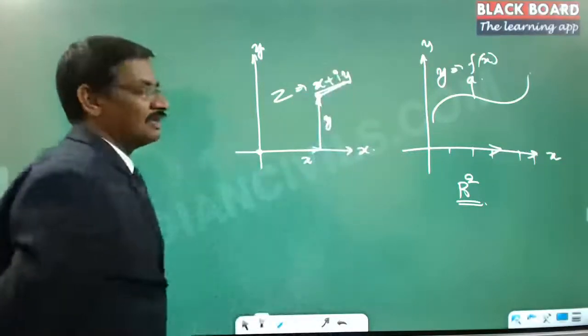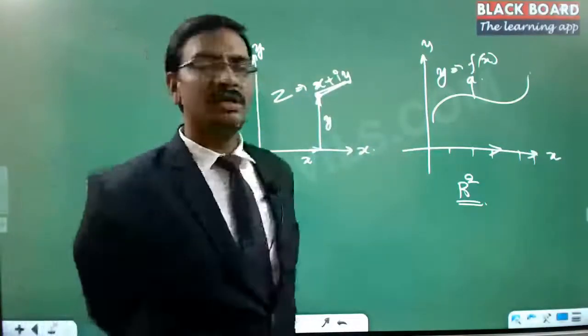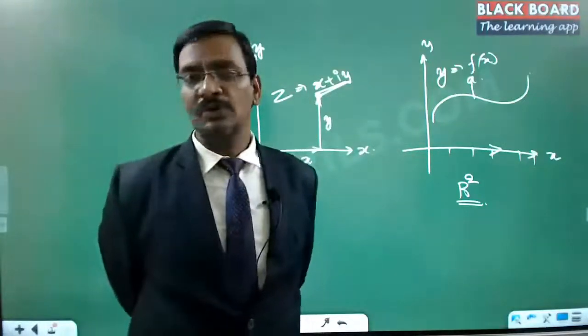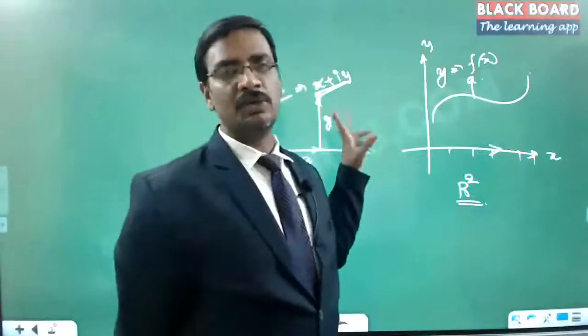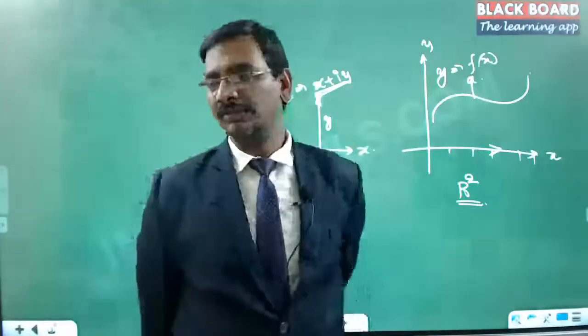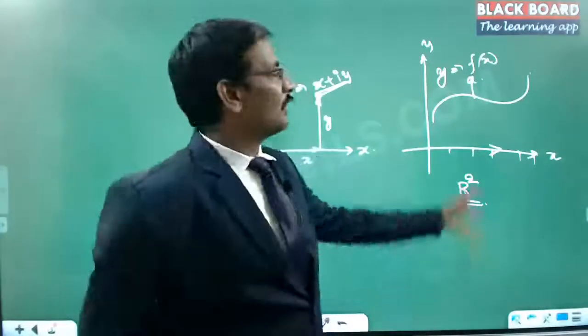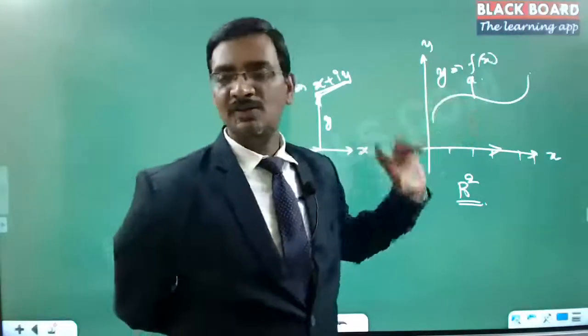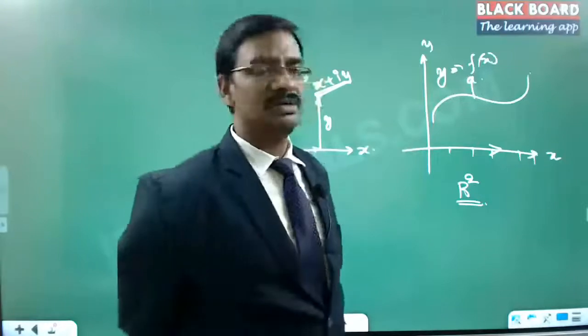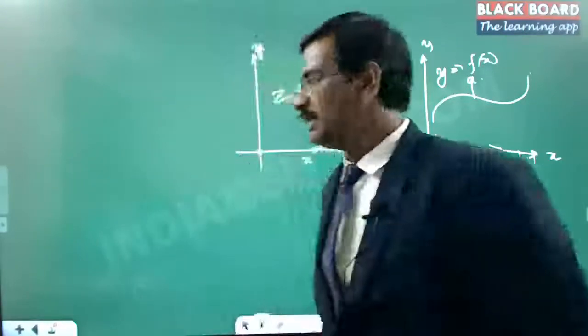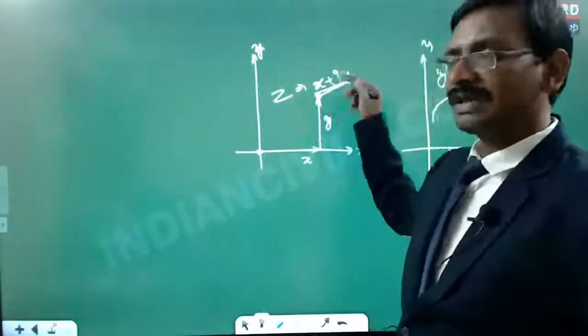So x plus iy together is actually a single variable. Here x itself is a variable, and x plus iy together is a complex variable. That means if you are able to relate one independent variable and one dependent variable with two-dimensional analysis, or the two-dimensional coordinate system, then if I define a function which is a function of x and y together,